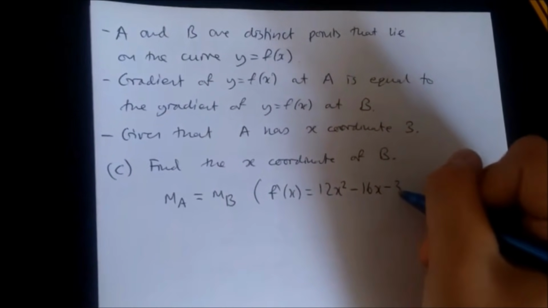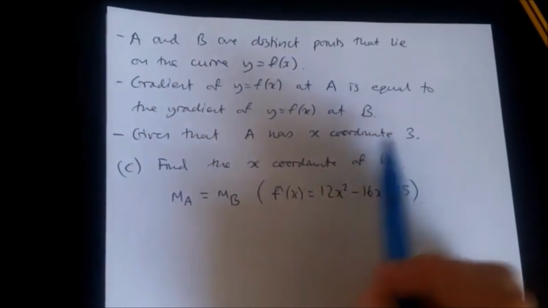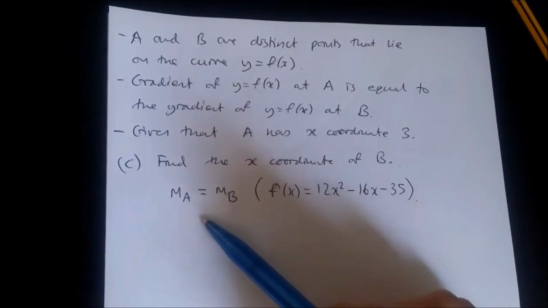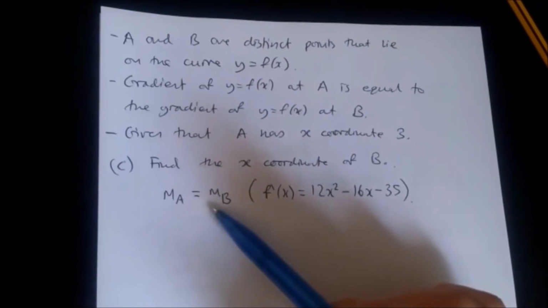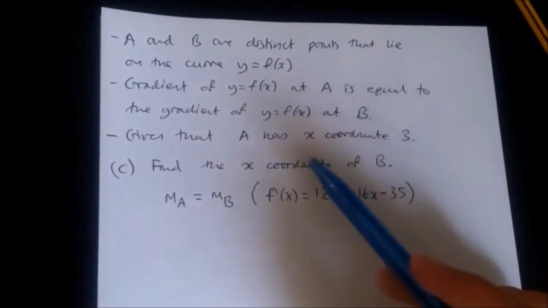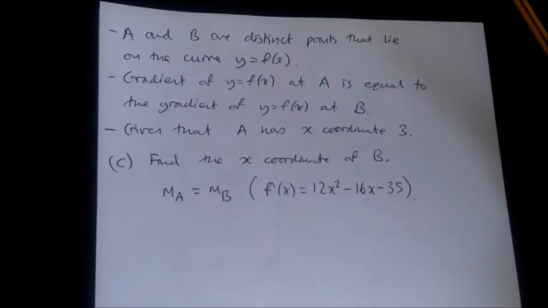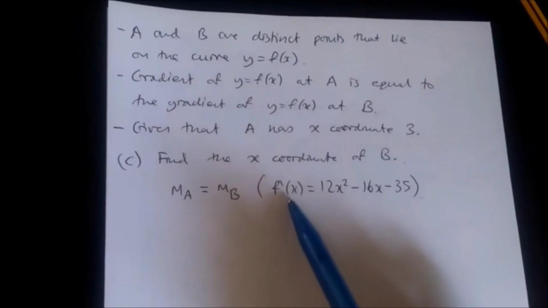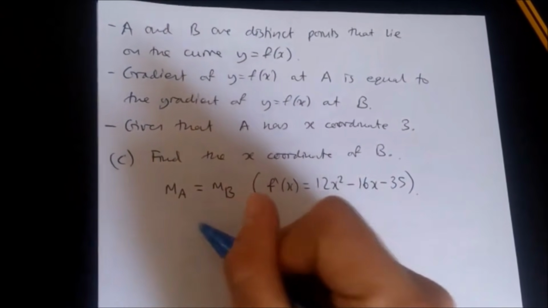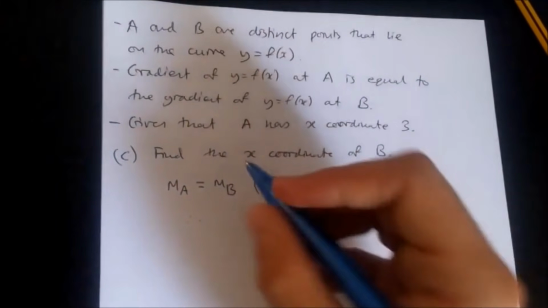So this is of course the gradient equation. We also know that, given that A has x coordinate 3, we need to find the x coordinate of B. Literally, because these two have the same gradient, putting into this equation we should have a pair of solutions that satisfy. One of them giving us a solution of 3, and another one giving us a solution of B. Quite straightforward, I think. So replacing x in the gradient equation with the value x equals 3, what should we get? And of course this is the gradient itself. So what happens here? When x equals 3, we can use the gradient at A,